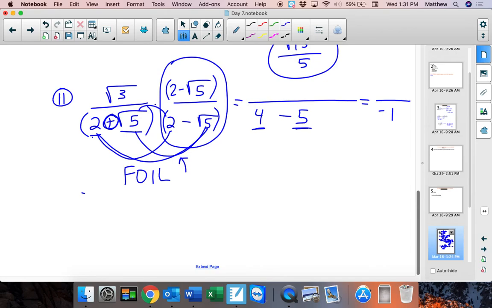That's my denominator. Now my numerator I need to distribute. Okay, so root 3 times 2 is 2 root 3. And root 3 times root 5 is minus root 15. Okay, so my final answer is 2